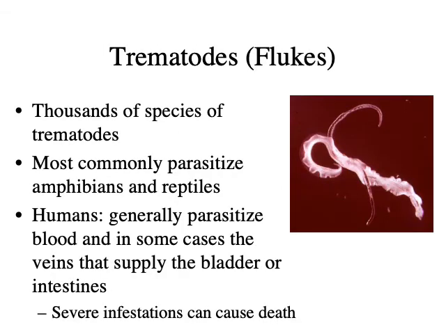So we'll start with flukes. So there's tons of different types of flukes. Most of these are kind of freshwater parasites, and they would be happy parasitizing whatever's living in the pond. But they can, in some cases, get inside humans, and they can cause pretty bad side effects or even sepsis and death. These are pretty rare here, but in parts of warmer regions, like definitely Central Asia, this is a bigger problem, and you just don't swim in fresh water that's warm and stagnant. That's kind of the rule.